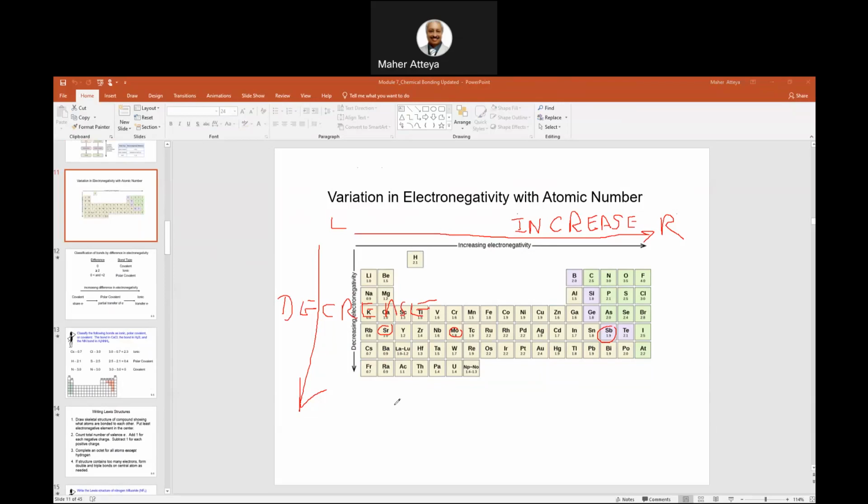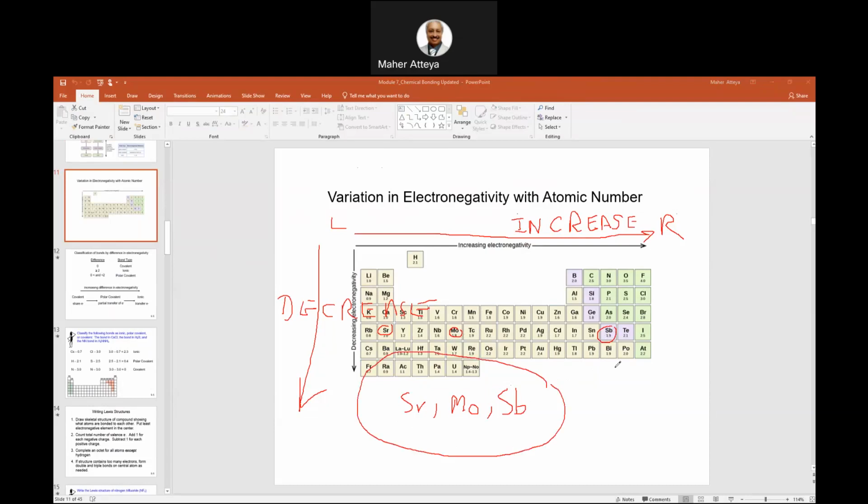So you have strontium, molybdenum, and antimony. You have three elements. Antimony is Sb here. It's a metalloid, and molybdenum is a metal, and strontium is a metal. So how can you put them in increasing